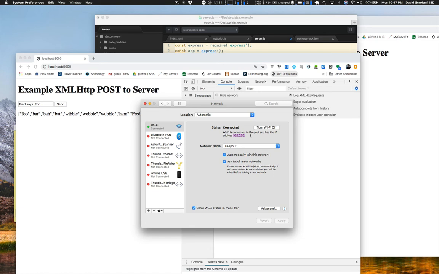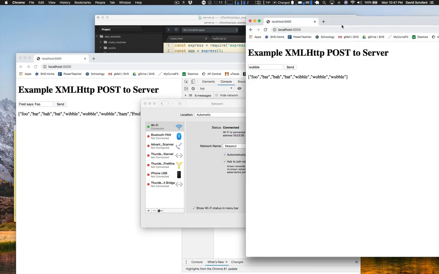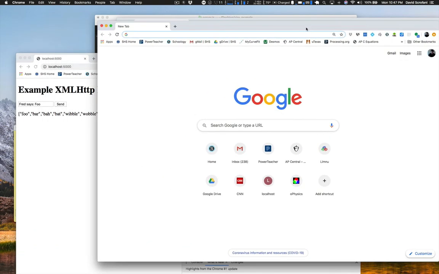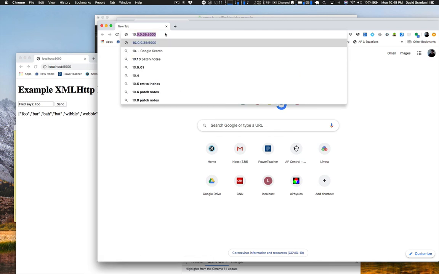So if you're in your house and your brother, sister, mother, father, cousin, whoever, friend wants to access your computer from within your house, it's this IP address that they would use. Okay, so I'm going to copy again. It's 10.0.0.35. So I'm going to open up another window and pretend now that I'm on a completely different computer, and I want access to this server so I can join in the chat. So I'm going to type in